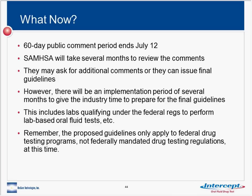Regulations may be a period of time away, many months for instance. There are companies right now, according to a survey, that are looking at alternative testing methods, particularly lab-based oral fluid testing. And we are hearing from people as part of our survey that while there's not mass migration toward lab-based oral fluid testing, there is a steady movement in that direction